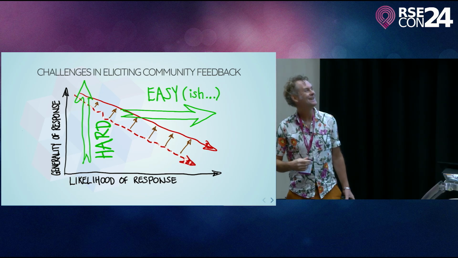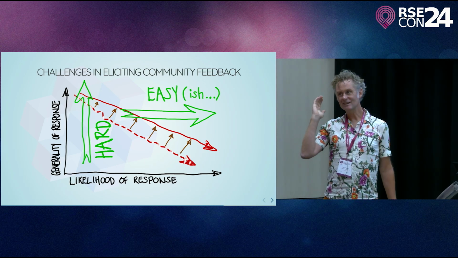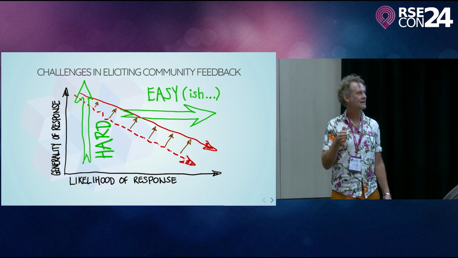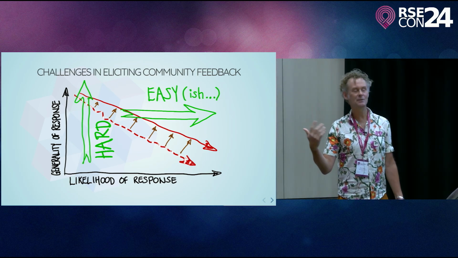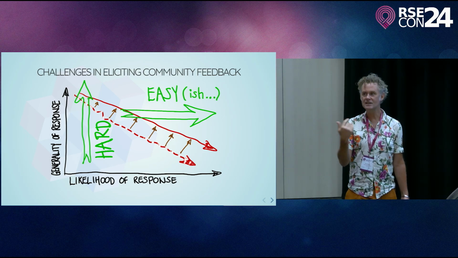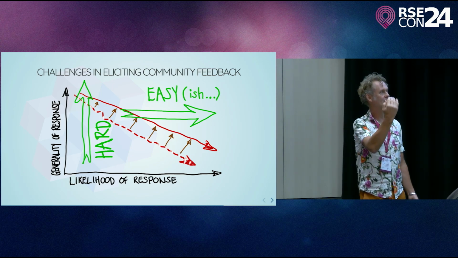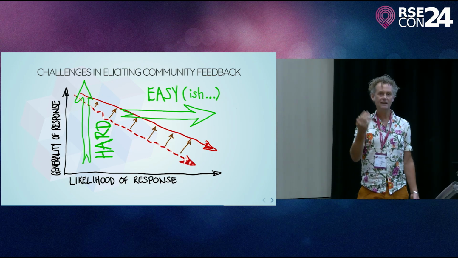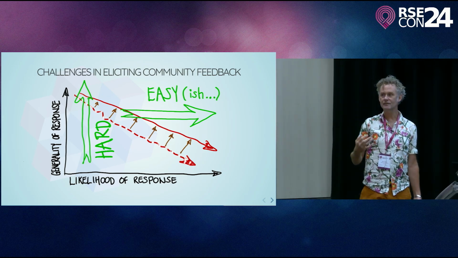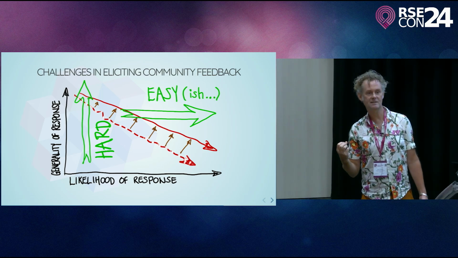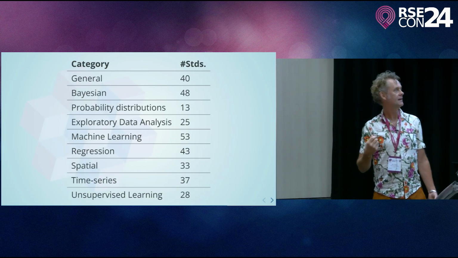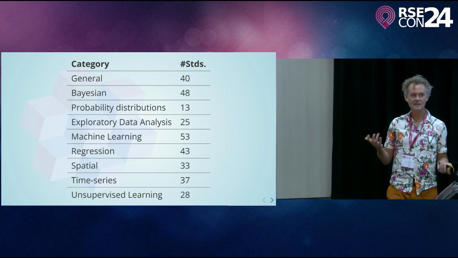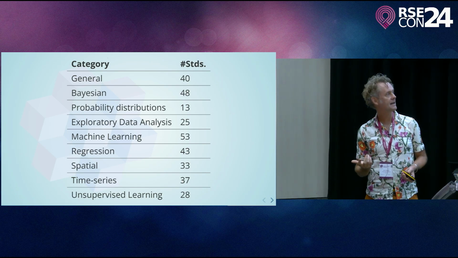Anyway, the point is that increasing the likelihood of responses, which is what politicians have to do when they're thinking about voting, is relatively easy, because there the responses are just binary. You do it or you don't do it. What we wanted was to increase the generality of responses. So you can increase the slope of that either by stretching it out to the right or by lifting it up vertically. And we needed to focus on the vertical lifting of somehow eliciting more general responses that were of more general use for us in improving the program itself and improving the standards in particular. So these are the standards again in the 8 different categories that we have.